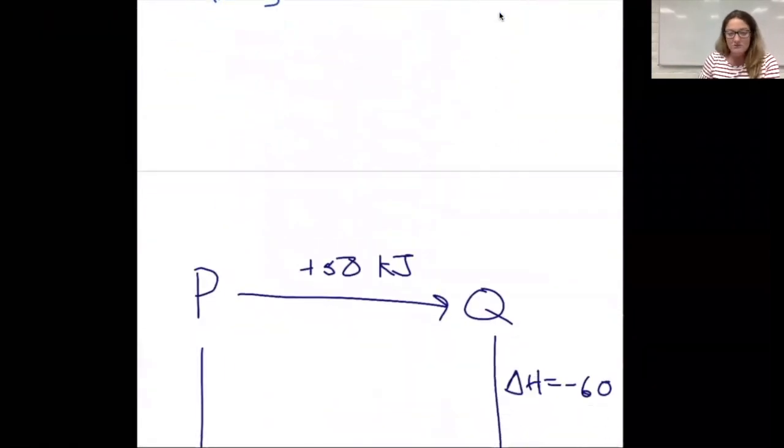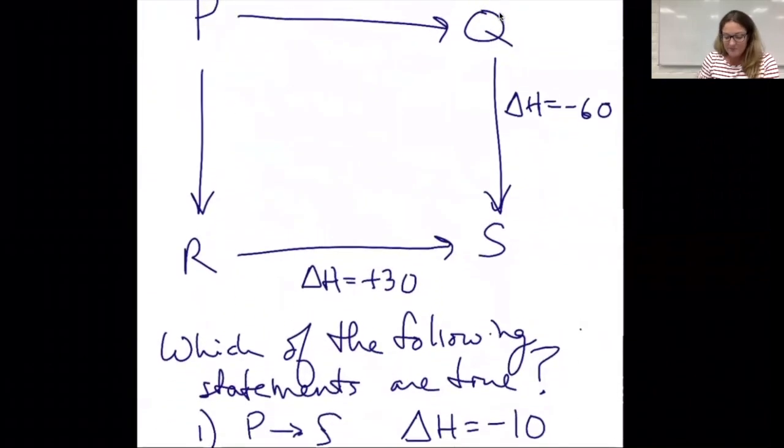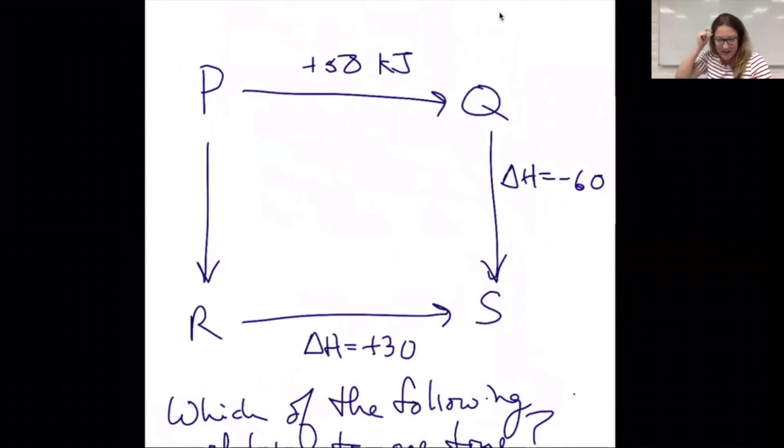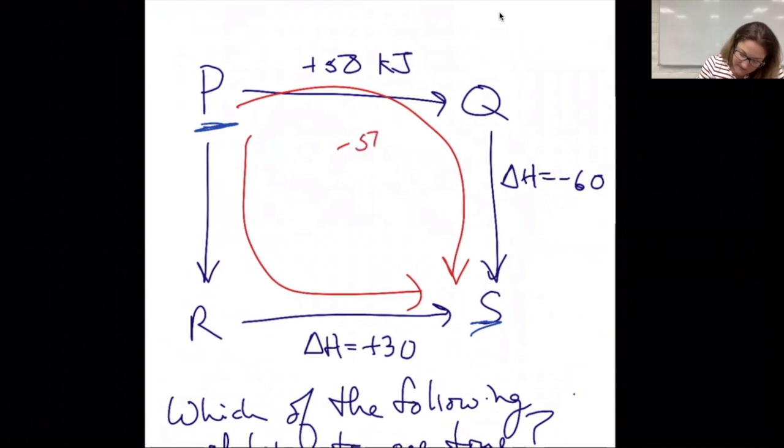Here's a problem that shows up in your textbook. Rather than making up reactants and products, they use P and Q and R and S. So first thing I want to do is identify my two paths. This is my starting point. That's my end point. So one option is to go this way. One option is to go that way. I know, again, that the sum of positive 50 minus 60 has to equal this unknown,